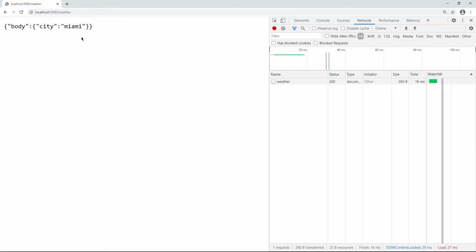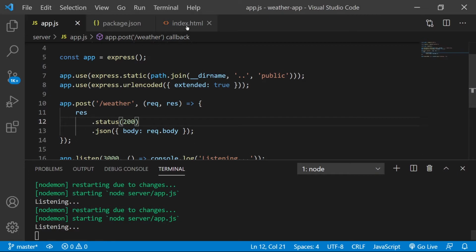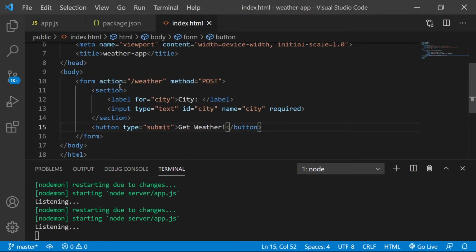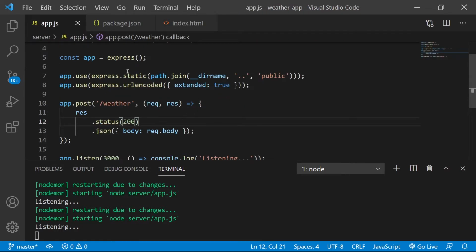So now we're making progress. So this is really cool. Let's stop for a second and think about what we've accomplished so far. We have a basic HTML5 form. Let me actually go and show the code here. Basic HTML5 form with an action to slash weather and a method of post. Figured out that the default enctype was URL encoded. We have this label input and we have a button of submit. And then on our back end, by using this Express middleware, now we can actually get data on the body.